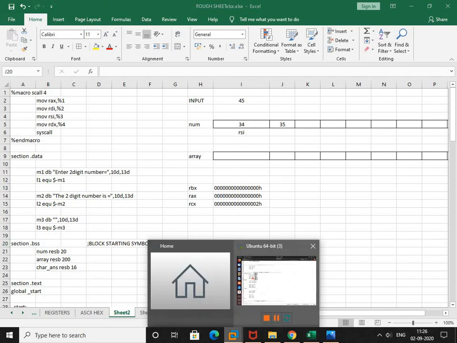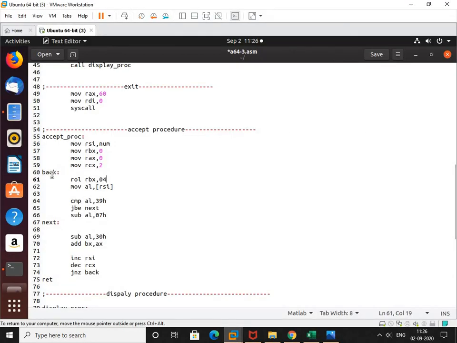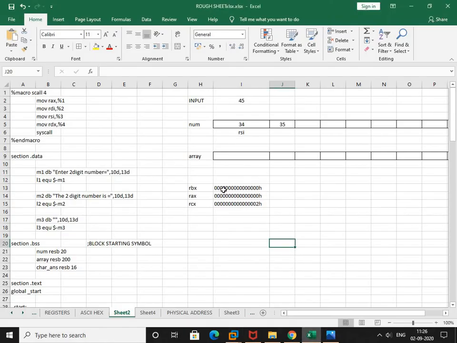Okay, now next, roll the content of RBX by 4 bits. Rotate left the content of RBX by 4 bits. Now, what is the content of RBX currently? It is all zeros. Now, this most significant bit 0 will be rotated left to the least significant bit, and the least significant bit will become the most significant bit, right?